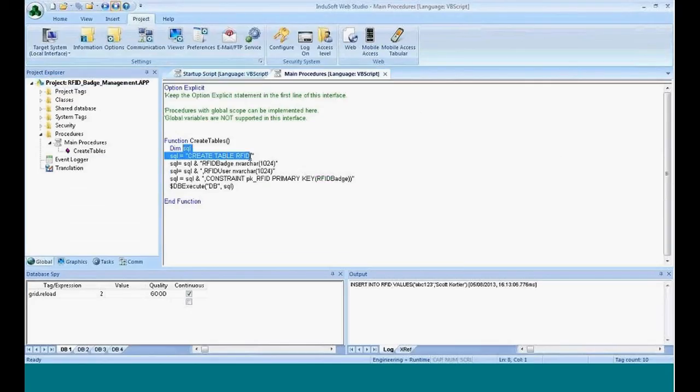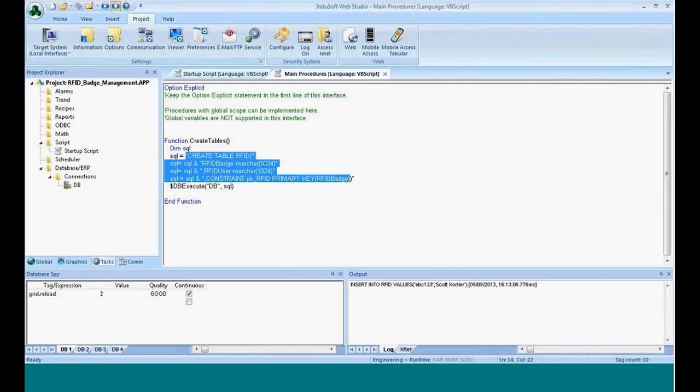It builds this SQL command by starting off with this VBScript variable, and then it concatenates, it adds onto itself, and it adds two columns or two fields within that database, one for the badge, one for the user, and then sets that up as a primary key, and then eventually executes this to the database, which is back here under this database name. That's where the DB comes from, and then the SQL, it has built this entire string here and treats that as a SQL command that it sends to the database. So that's how it sets up those tables, creates the database, sets up the table,